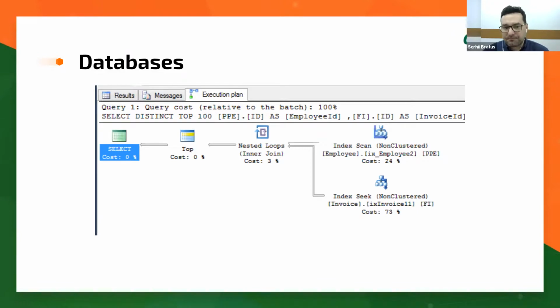There are some different icons that you can see here, like index seek, which retrieves data from the table via an index that fully corresponds to the data. Index scan basically means that we used an index, but it didn't fully correspond to the data that we were looking at. And you even see the arrows. The thinner the arrow is, the less data it has inside. So basically you have an understanding of what's going on inside your query.